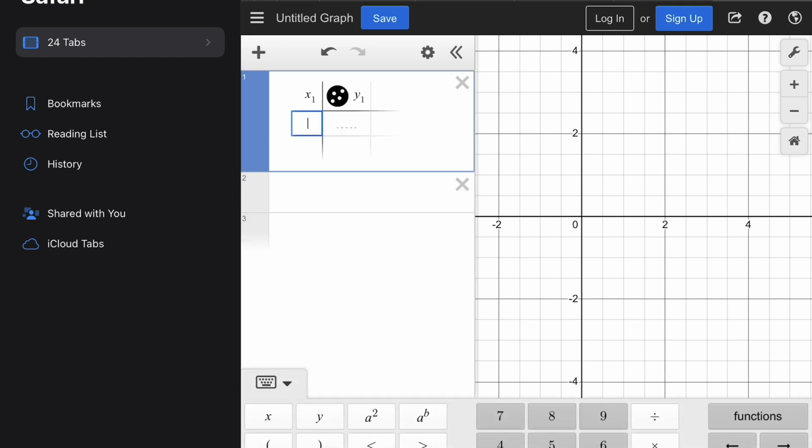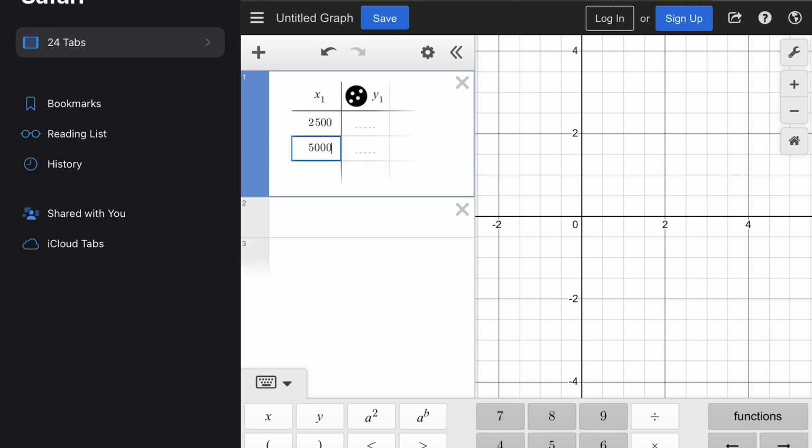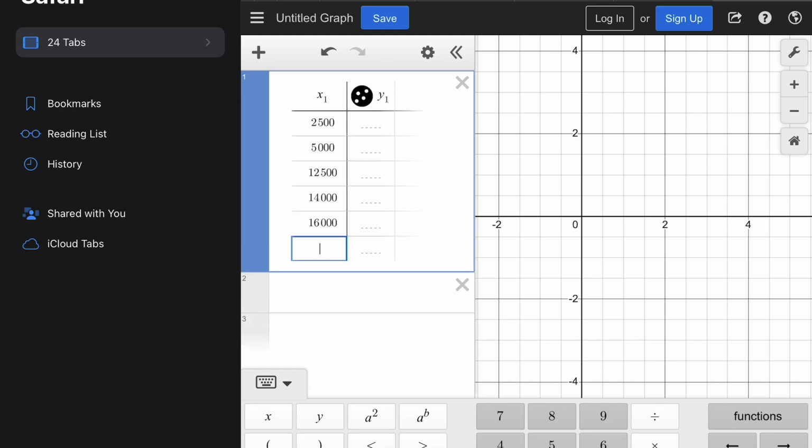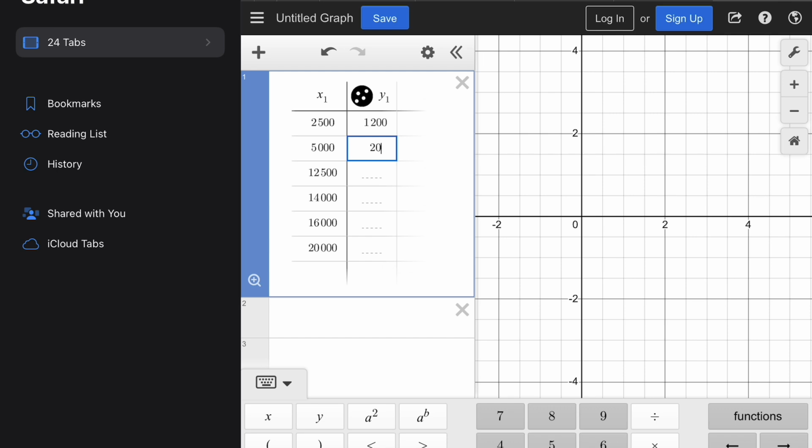We've got the number of samples, 2,500, 5,000, 12,500, 14,000, 16,000, 20,000. And our cost, we've got 200, we've got 2,000,